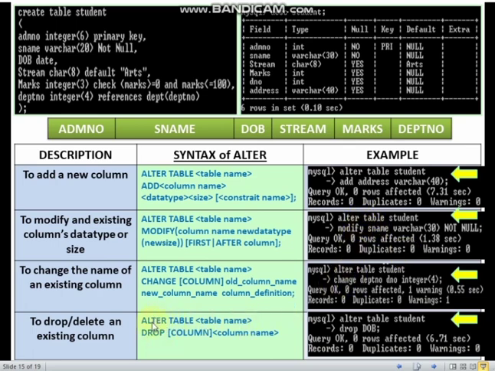Now drop is the keyword which you are using with alter table. Drop you have used to remove a database. That was different. Drop database, that was a drop command. Now here the drop is the keyword, the drop clause we are using with alter table. So this will remove an existing column. Suppose we want to remove the column DOB. So what we will do? Alter table student, drop DOB. Just mention that. No need to mention the data type and size, because we will only remove. We need the name of the column only to remove the existing column.